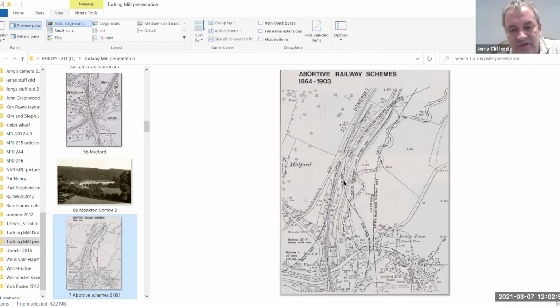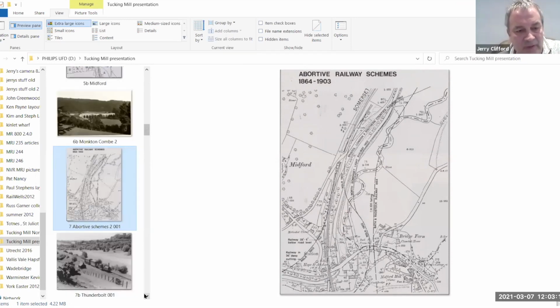So I do have visions in the future of little saddle tanks charging this with maybe 3 or 4 wagons in tow, which could be quite fun. So this is the planned but never built element of Tucking Mill. But of course, in my reality, I did build it. And just to give you an idea geographically where you are,